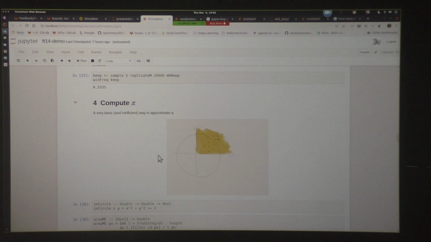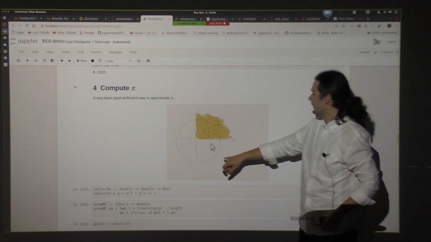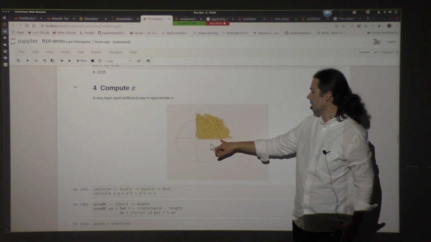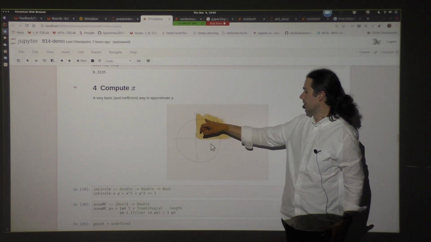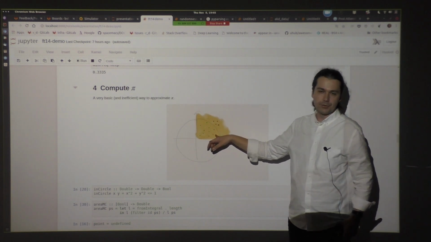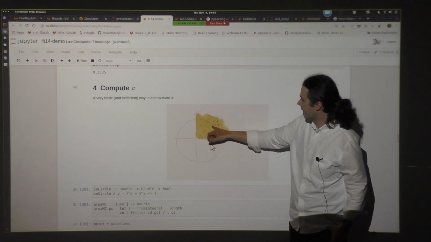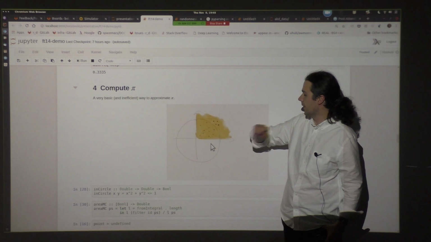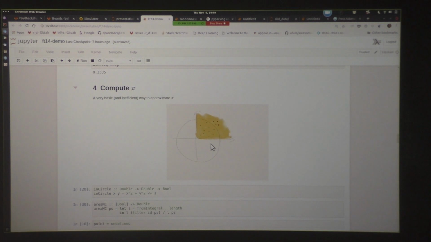Okay, the other example that we can imagine is a simple kind of numerical approximation of the value of pi. So we will randomly choose doubles from interval 0, 1, x's and y's, and we will check if the point is inside this quarter of circle or not. Then based on that, we will approximate the area of this 1/4 of the circle, multiply it by 4, that's equal to value of pi.